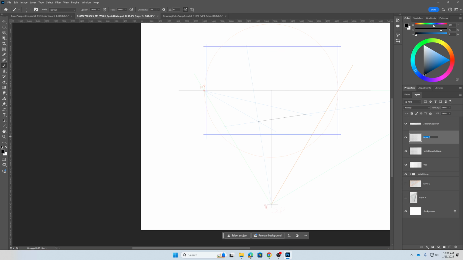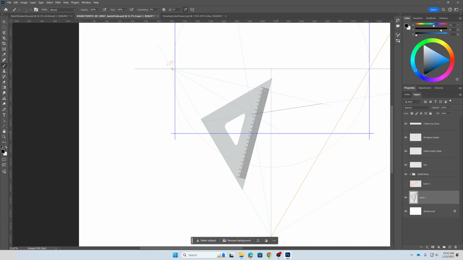So I'm gonna call it 90 degree guide. Okay. So use the 90 degree ruler here, this one, and this time